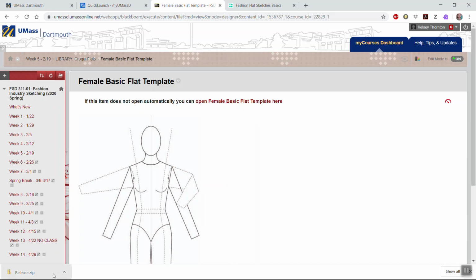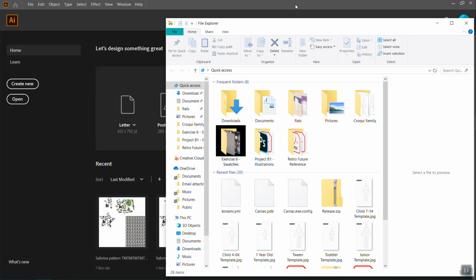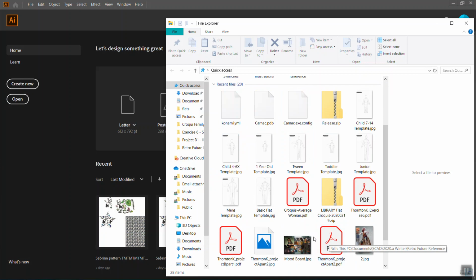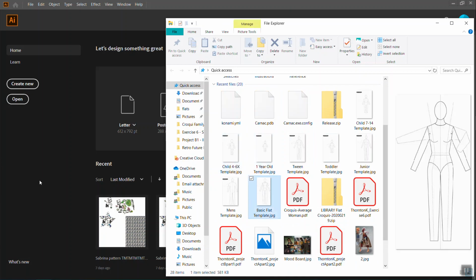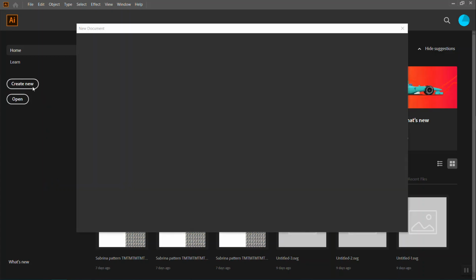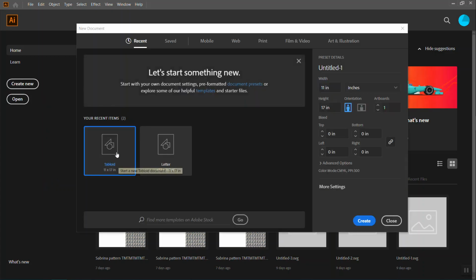So I am going to move to Illustrator after downloading those, and I can actually see the basic flat template right here on my computer. So I am going to go to create new in Illustrator, and we're going to go to